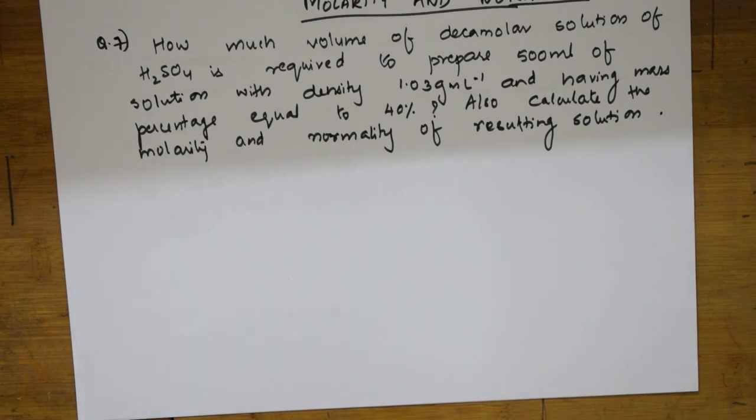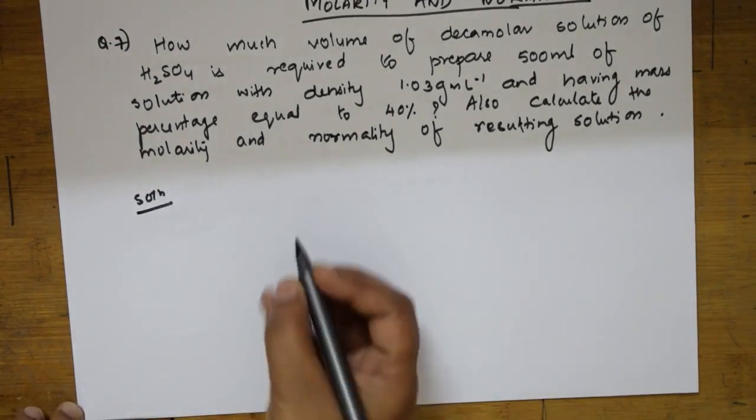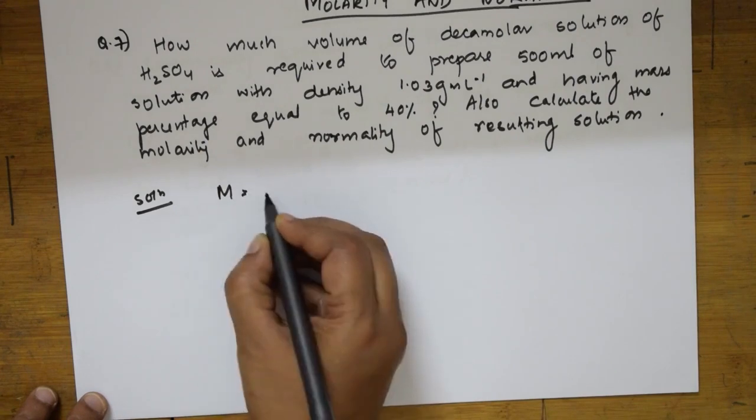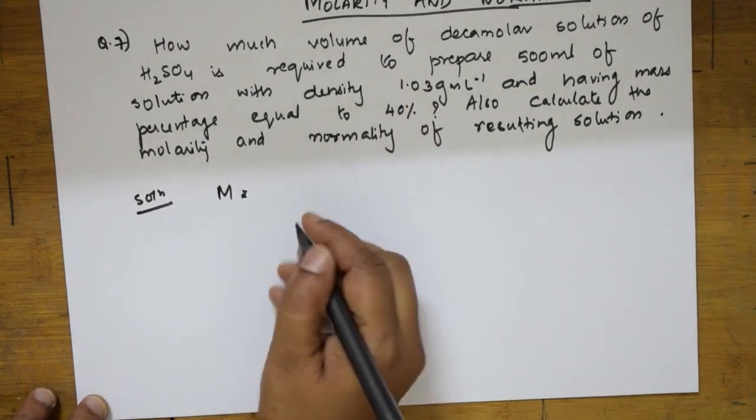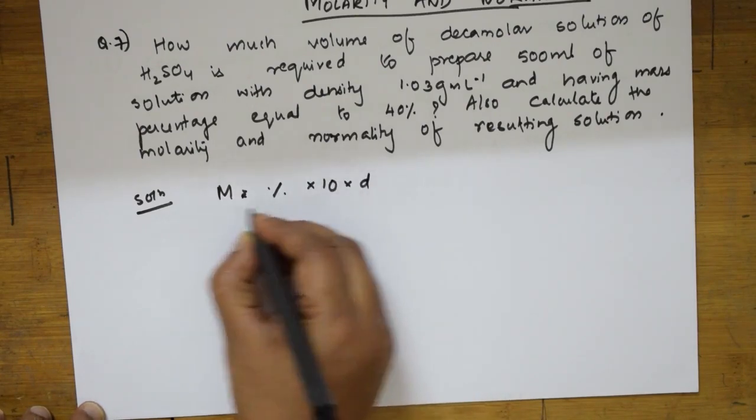So first of all, you should know the formulas of these two. Then only you will be able to do the sum. So first of all, molarity and normality, both the formulas I will write. But here you should remember one thing. They've given a density. I've taken one class where I said the relation between molarity and density. There's one formula directly given. I'll write that formula first so that I can easily apply it. So for molarity, there's one formula, as I said just now, molarity in relation with density. What is that? Molarity is equal to percentage into 10 into D by